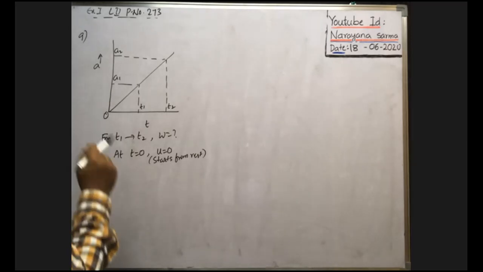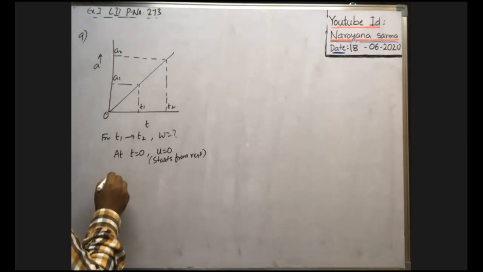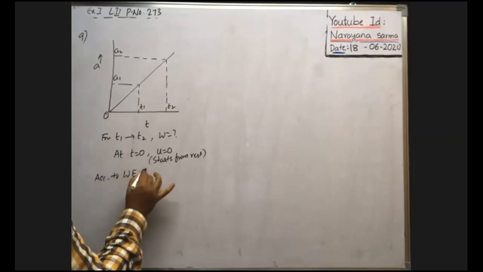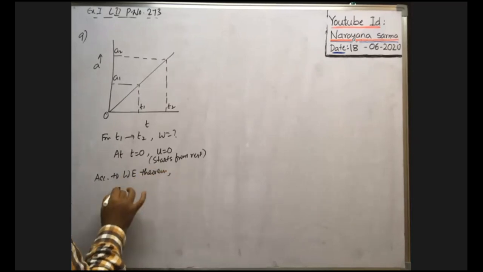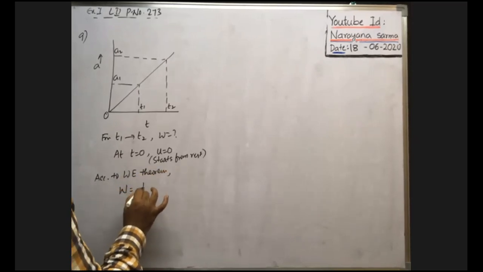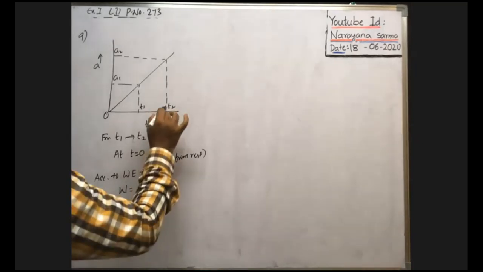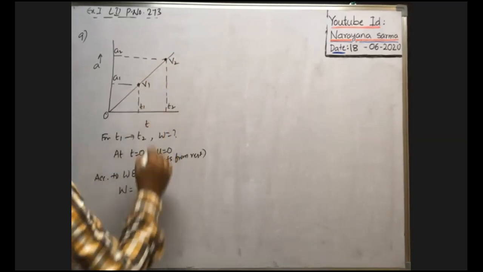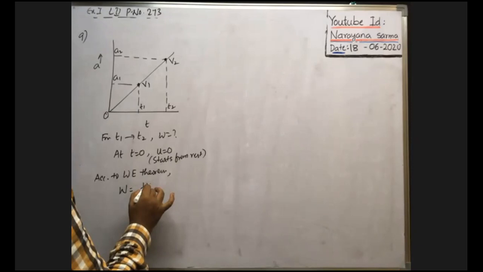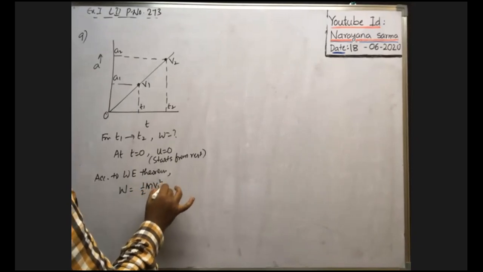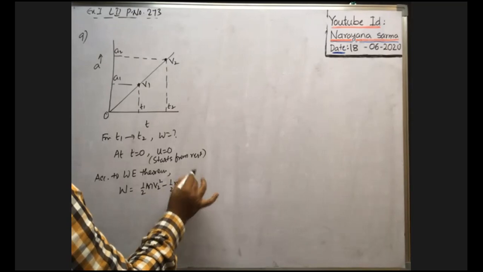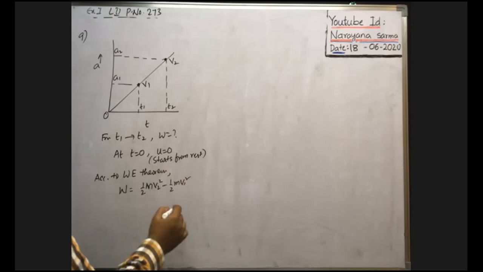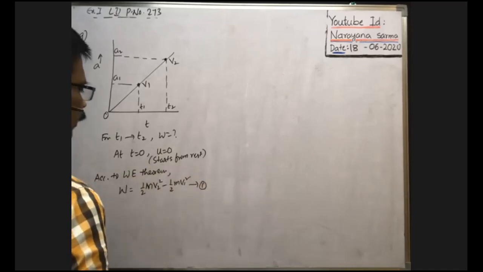Okay, so to find the net work done, according to the work energy theorem, already you know, net work done by all the forces on the body is equal to change in kinetic energy of the body. Here at a time t2, suppose the velocity of the body is v2, at a time t1 velocity of the body is say v1, then change in kinetic energy means final kinetic energy minus initial kinetic energy. Now our aim is to find v1 and v2, that's all. If you substitute v1, v2 here, you will get the answer. So how can we find v1 and v2?